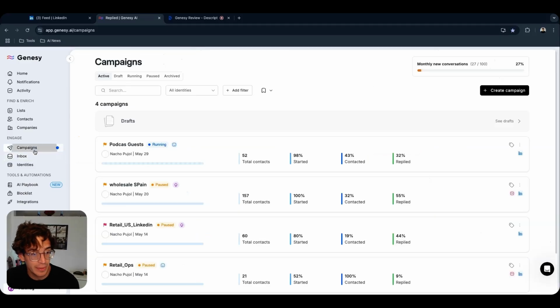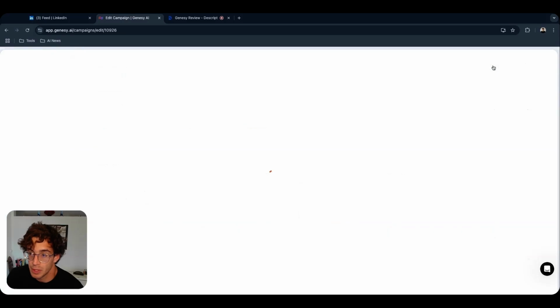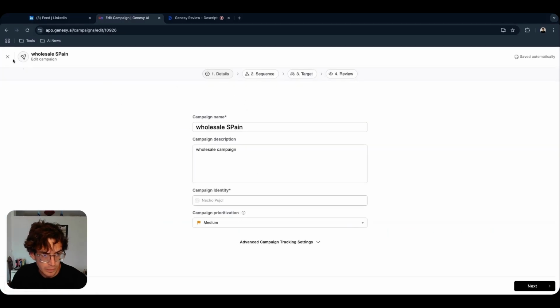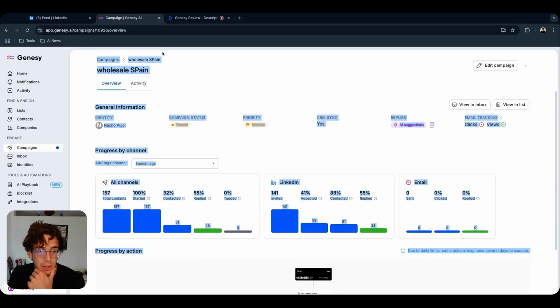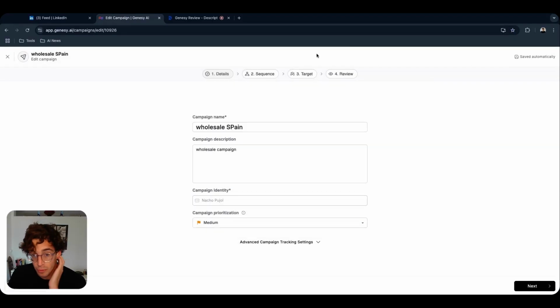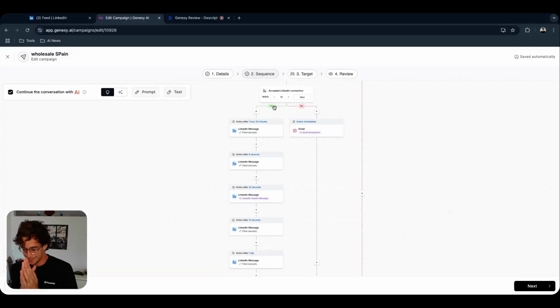So I'm going to show you the campaign that is actually working for me right now. So here on another scenario, I will go to create campaign and start over here, but I'm just going to be showing you by editing this campaign, the full process of the campaign that runs. So in number one, you just put a name and a description, you move on to sequence, and here is where the fun happens. Here is where I'm going to be showing you something that nobody has probably shown you